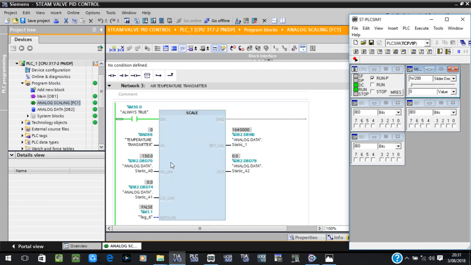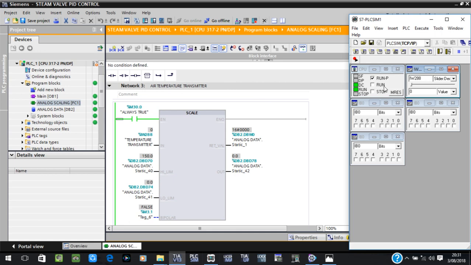You want to see 150 degrees on your HMI, which is the human machine interface, but this scales it to a form that you can read. So the standard engineering value from 0 to 27,648 is converted to a form that the HMI can see in the form of temperature,